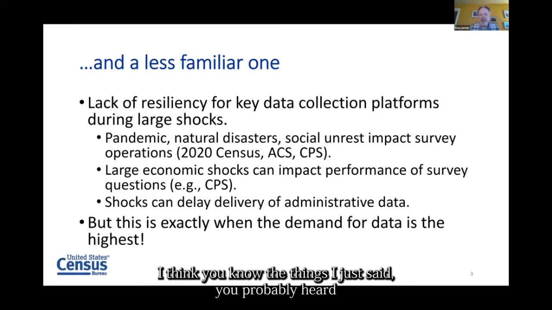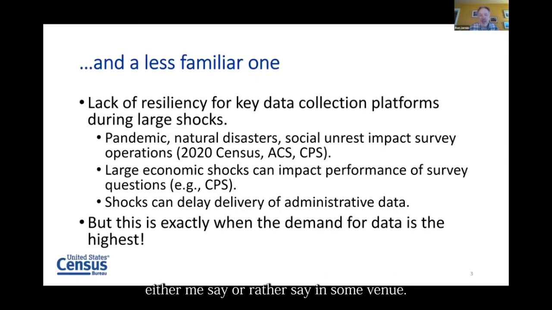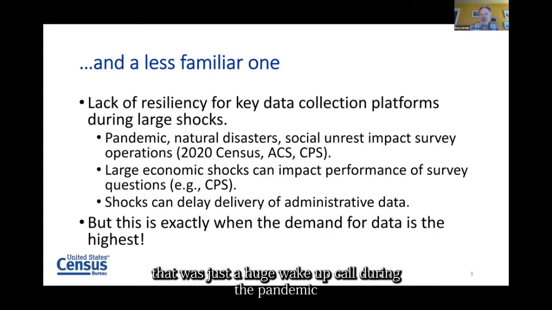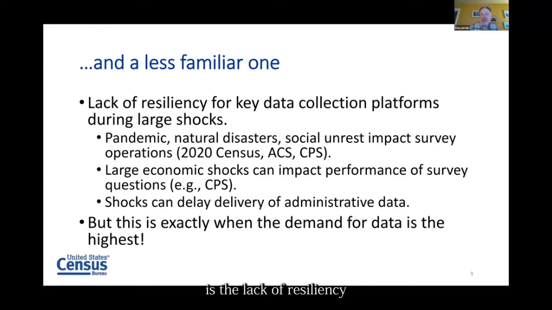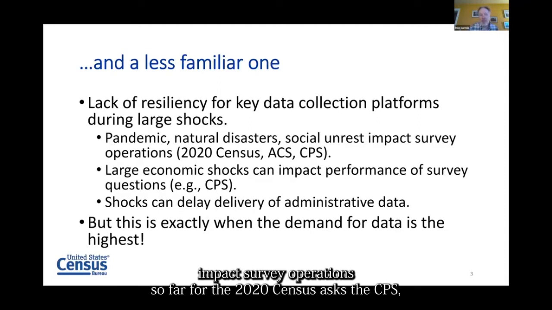I think the things I just said you've probably heard either me say or others say in some venue. But I think one thing that was just a huge wake-up call during the pandemic is the lack of resiliency of a lot of the paths of getting data. So first of all, the pandemic, natural disasters, social unrest we were dealing with, impact survey operations. So for the 2020 census, ACS, the CPS,